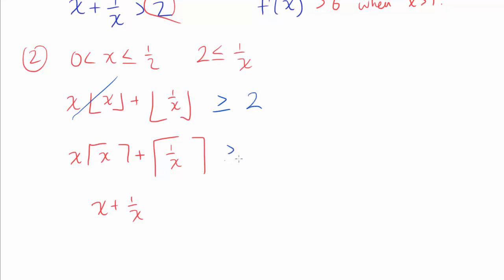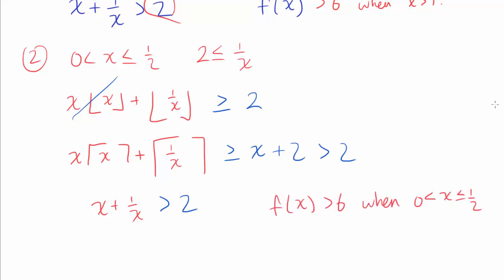And in this case, the ceiling of x is 1, so this thing is greater than or equal to x plus the ceiling of 1 over x, and the ceiling of 1 over x has to be greater than or equal to 2, and because x is greater than 0, x plus 2 is greater than 2. And we know for x greater than 0, x plus 1 over x is greater than 2 for x other than 1. So in this case, adding every single thing up, we get f of x is greater than 6